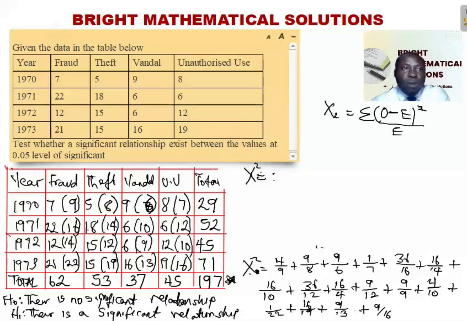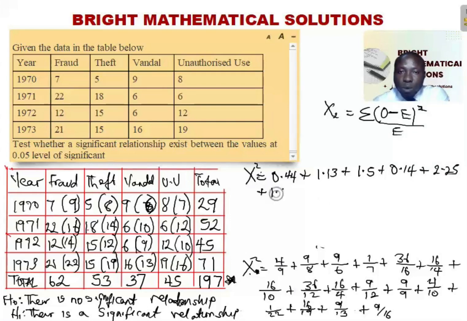So let us find the decimals so that we can add them together. So the first one gives me 0.44, plus 1.13 plus 1.5 plus 0.14. I have to approximate it to 2 decimal places, so that gives me 2.25